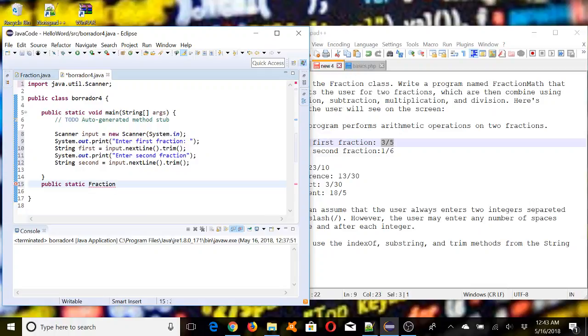So this is going to return Fraction, and let's call it getFraction. And then our parameter is going to be a string. Let's call it fraction,